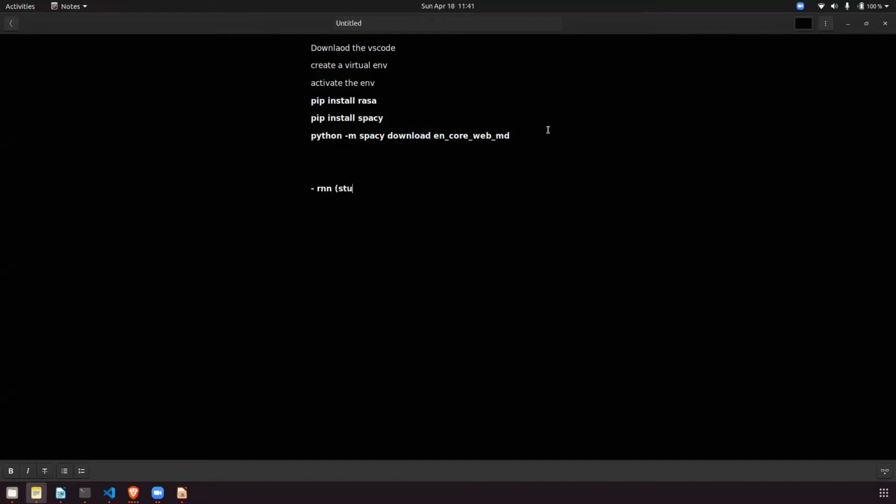Study this thoroughly if you are interested. For RNN, the prerequisites are that you should know NN and CNN. If you are good in this, only then can you go to RNN. In RNN we have n number of things. We have LSTM, we have encoder and decoder, we have BERT, which Alexa